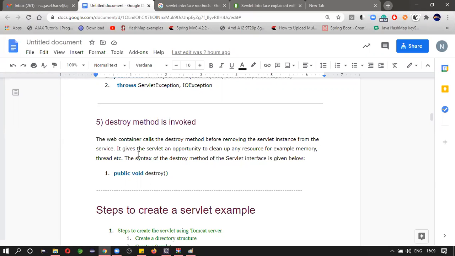When multiple requests come, we create multiple threads to handle them, so cleaning up those threads is also a task. Those will be destroyed when the destroy method is called.